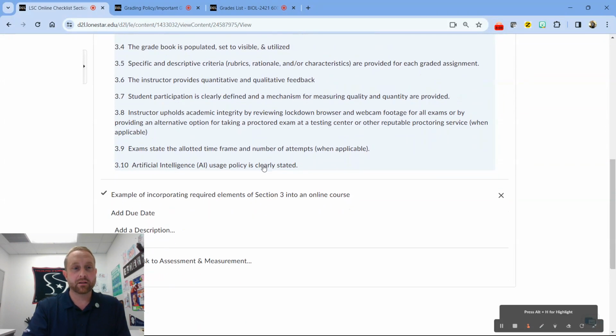Let's see. 3.8, instructor upholds academic integrity by reviewing lockdown browser and webcam footage. We'll look at that in just a second. 3.9, exams state the allotted time. So we'll look at that when we look at the lockdown browser. And then 3.10 is an AI usage policy. I know we're going to have a generalized policy likely coming out soon, but